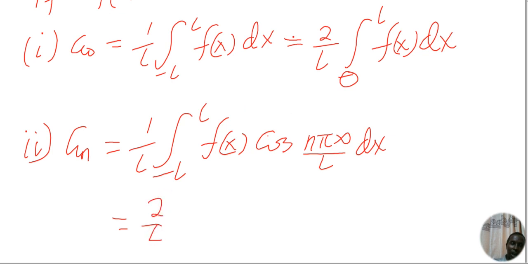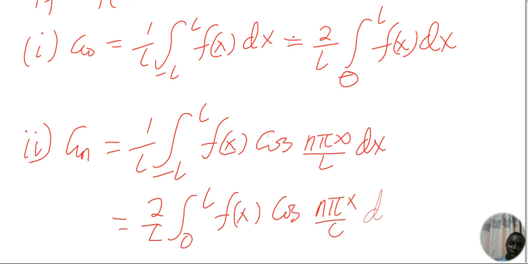So we'll get 2 over L integral from 0 to L, f of x cosine of n pi x over L dx,